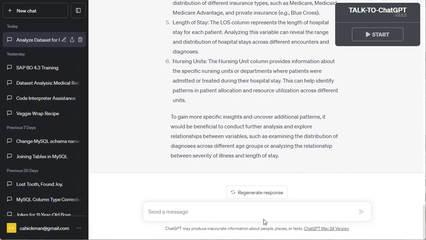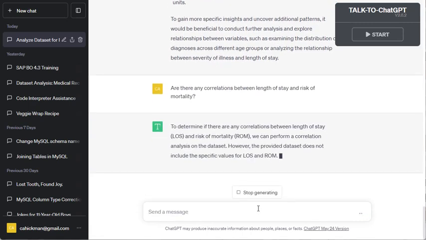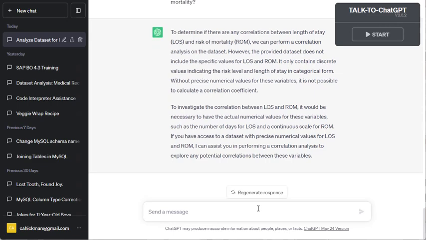So, well, that's fine. We could say, based on this data set, are there any correlations between length of stay and risk of mortality. So now I'm just asking it regular questions, trying to identify some elements of correlation between different dimensions in this